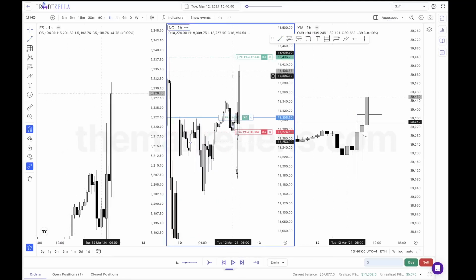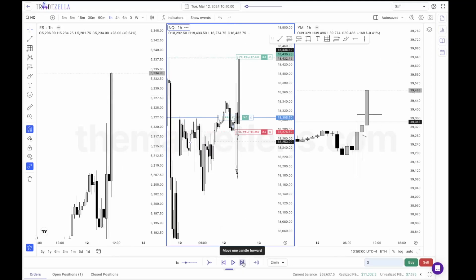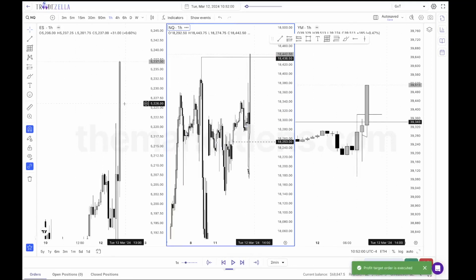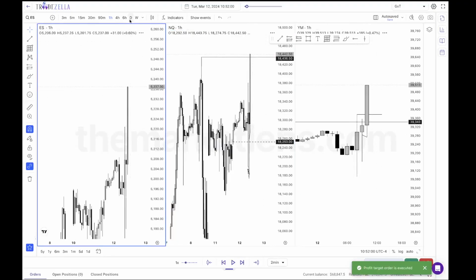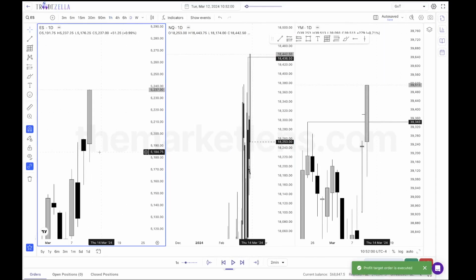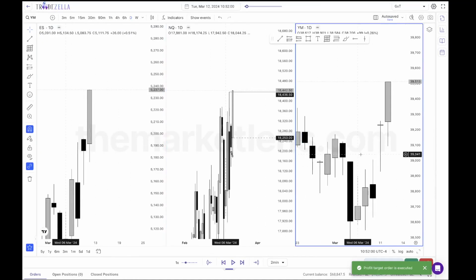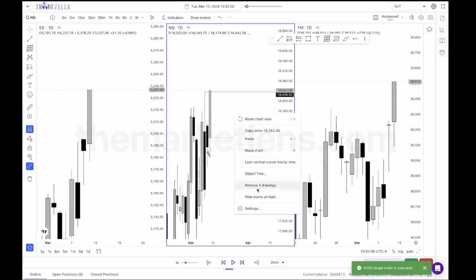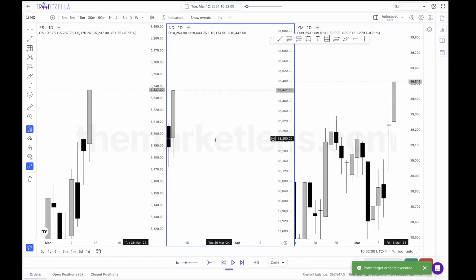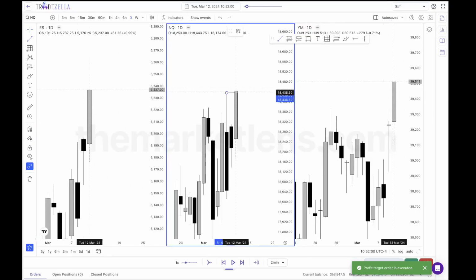Now, when you get here, though, you need to stop trading, right? So you don't want to ever be longing up here. If I go to the daily candle, look at it. It's huge. This is probably where we cap off this daily range. If I had to assume, these ranges are already huge, right? And then we just broke that SMT. So remember what happens when you break SMT. This is where we could get a retracement.